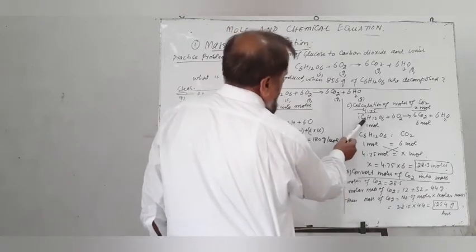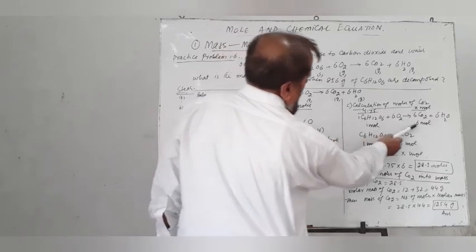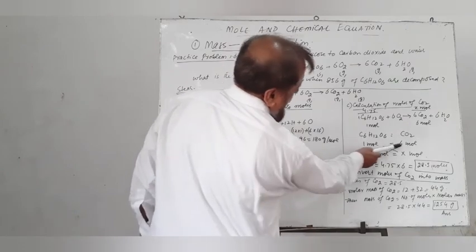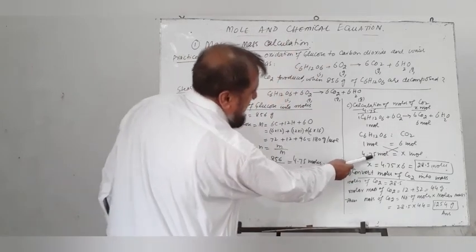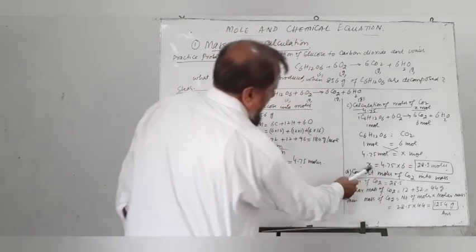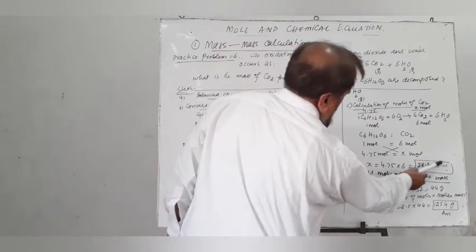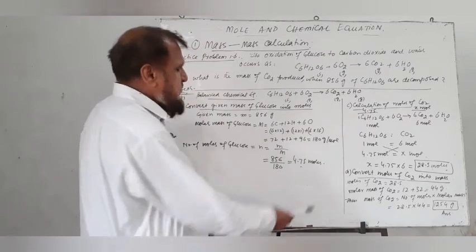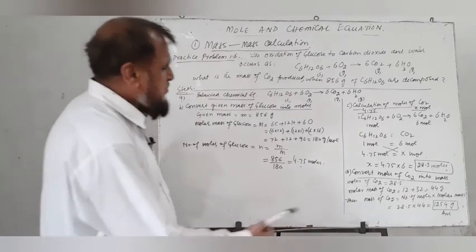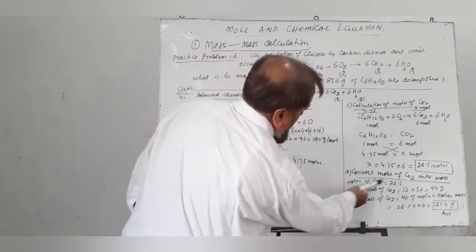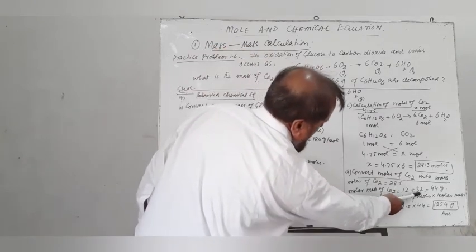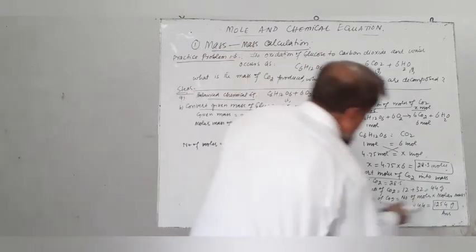The stoichiometric ratio shows that 1 mole of glucose produces 6 moles of carbon dioxide. Therefore, we write down the ratio: 1 mole of glucose produces 6 moles of CO2, then 4.75 moles of glucose will produce x moles of CO2. Cross multiplying, we get x is equal to 4.75 into 6, which is 28.5 moles of carbon dioxide. In the fourth step, we convert the calculated number of moles of carbon dioxide into mass. We know that moles of carbon dioxide produced are 28.5. The molar mass of carbon dioxide is 12 plus 32, which is equal to 44 grams per mole.